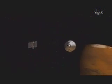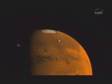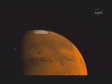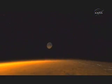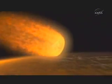Well, what happens when we get there? Can we roll the EDL video, please? Before we get to Mars, we are traveling at about, relative to the surface of Mars, about 6,100 miles per hour. We accelerate to about 12,600 miles an hour when we separate the cruise stage 14 minutes before touchdown. At about 7 minutes after cruise stage separation, we enter the Mars atmosphere. At this point, we are now heating the heat shield up to 2,600 degrees